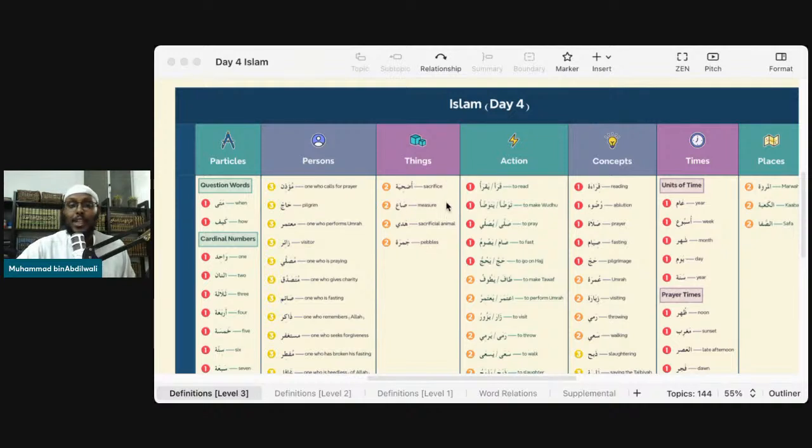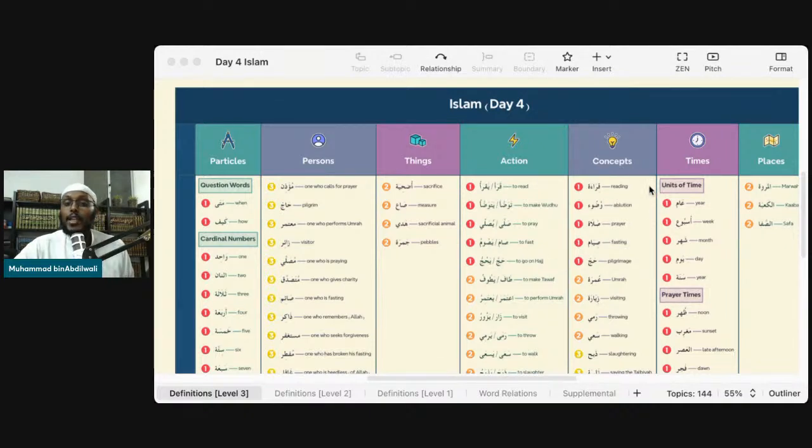So let's say inside things we had Quran, we had let's say ta'am. Yes, these would be the things you would eat or you would read. So you have a person, he does an action that normally affects something. Of course, someone can do an action that affects another person as well. So you can say, for example, Khalid daraba Zayd. Then we have concepts. Again, concepts, you can describe them as well.